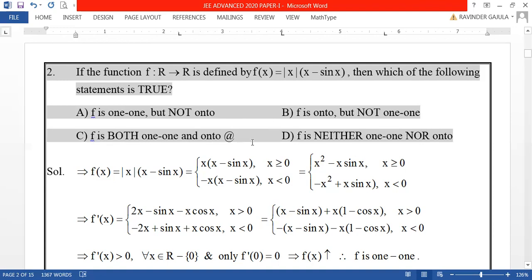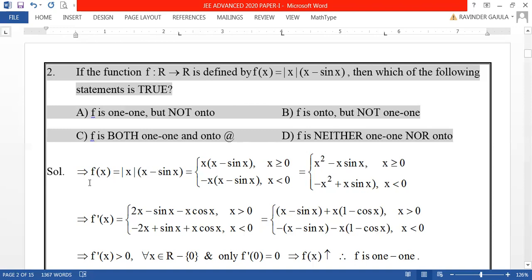But you know how a function will be 1-1 and how a function will be onto. Based on the graphs and based on the analysis of the function, you can examine. And here, because f of x is given